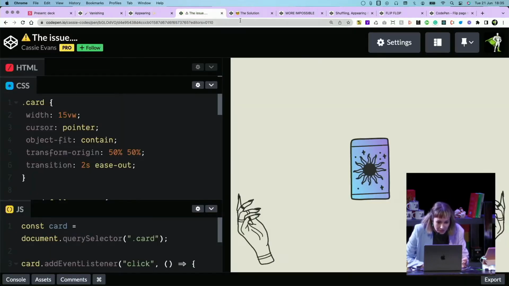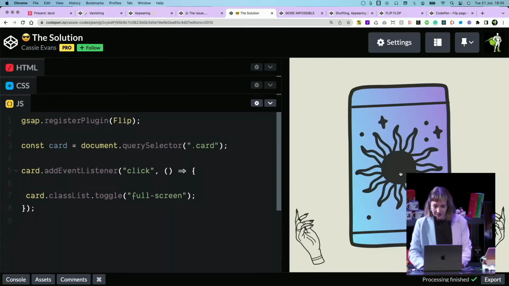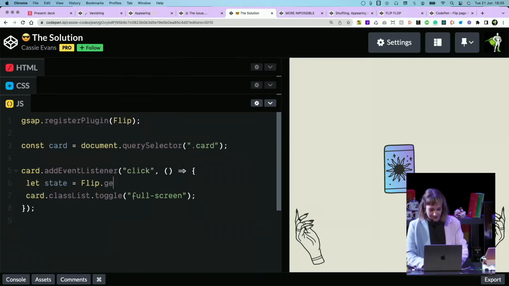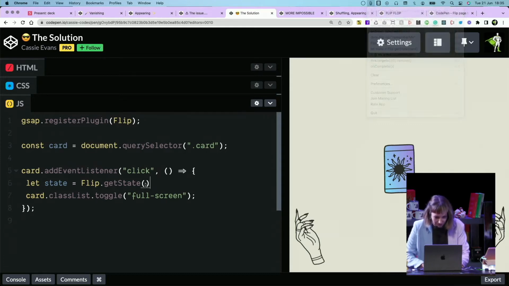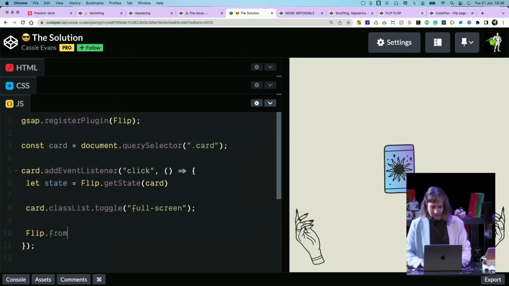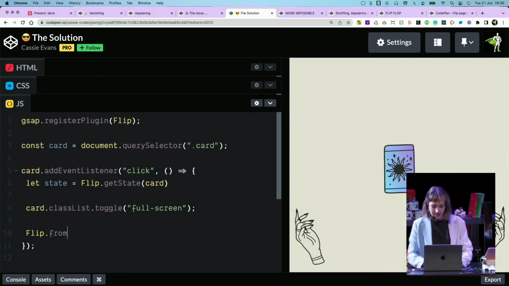So we're going to do the same thing, but this time we're going to say, Flip, can you grab the state? Flip gets the state of the card, and then we're going to toggle that class, and then we're going to call Flip.from, which is the same as the from tween earlier that immediately renders things.